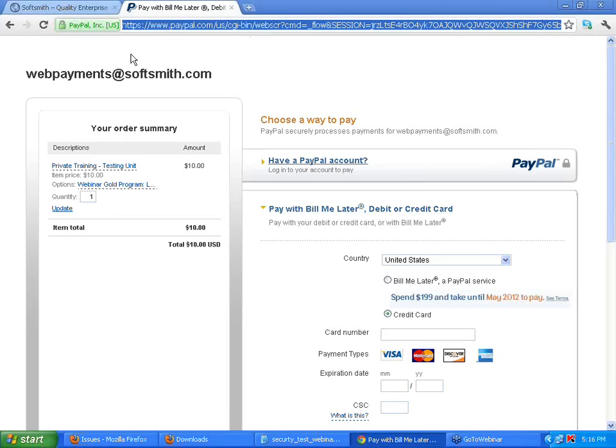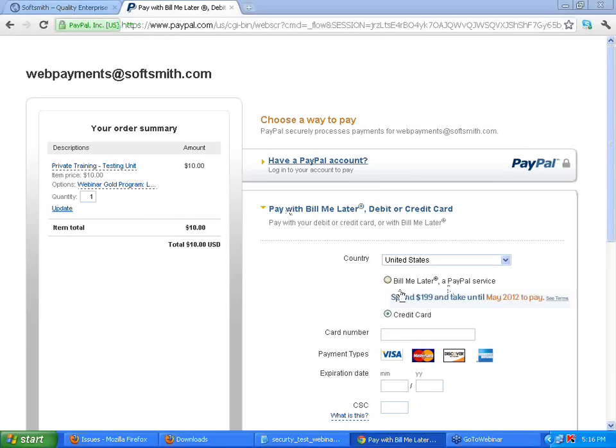If you look at the URL, previously it was http://www.softsmith.com webinar gold. Now, the moment I click that, it is taking me to a HTTPS PayPal, because any information that you will fill in this page will go completely encrypted. Nobody can figure out what is happening. So it is a jumbled, garbled data. And to test that portion, the moment you see any encrypted area, you should see the lock symbol with green HTTPS.